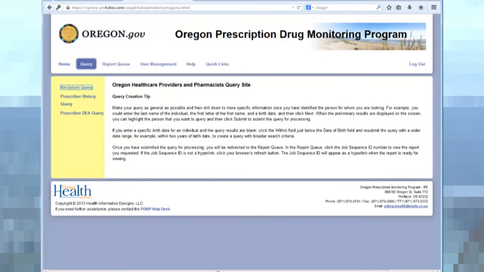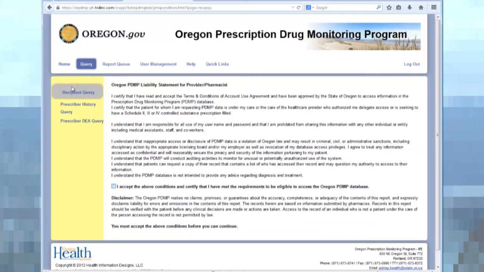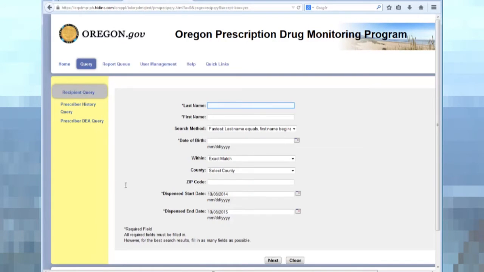1-866-205-1222. If you can't find a patient, try shortening the patient's first name to the first 3 letters. Try leaving the zip code or county fields blank. Does the patient have a different name on his or her insurance card? If so, try entering that name.